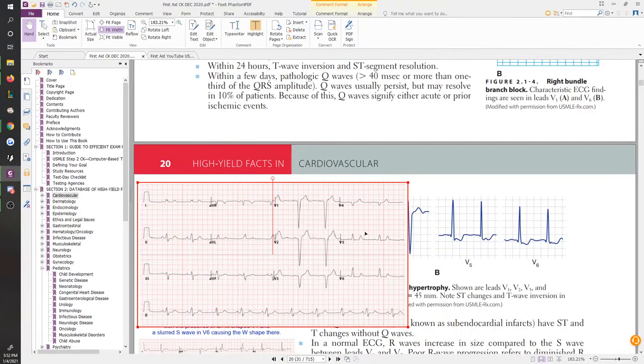Because there's nothing happening on the right side leads... nothing happening to the leads that are looking at the left heart. But the leads that look at the right heart, V1 through V3, they're pretty strong, right? So this is definitely a person with left side not working, left bundle branch block, and you just move on from there.